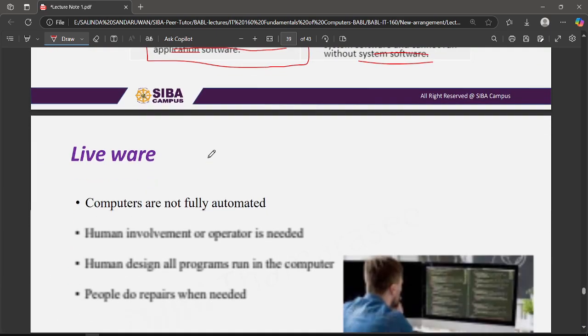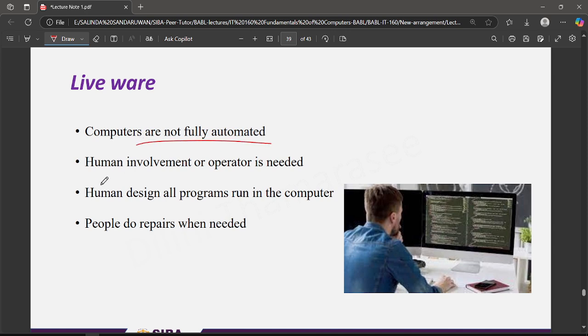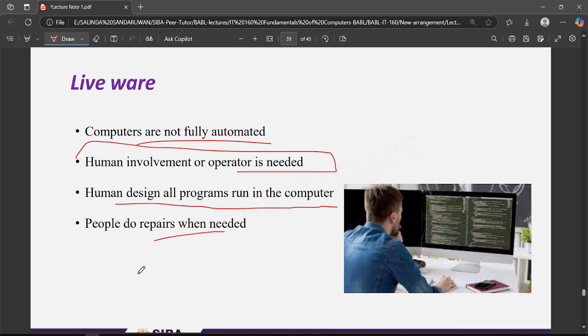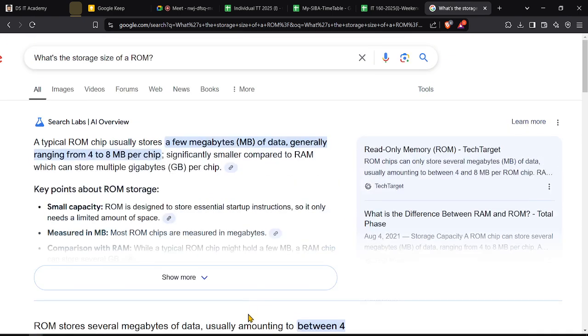And what about the liveware? Here computers are not fully automated. Human involvement of an operator is needed. Humans have designed all the programs on the computer, right? So I will show you a fact. People do repairs when needed, right? So let me search